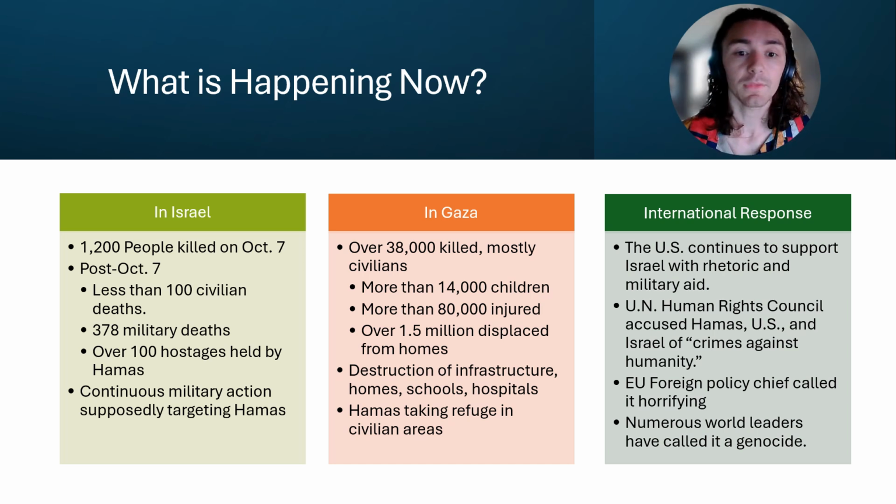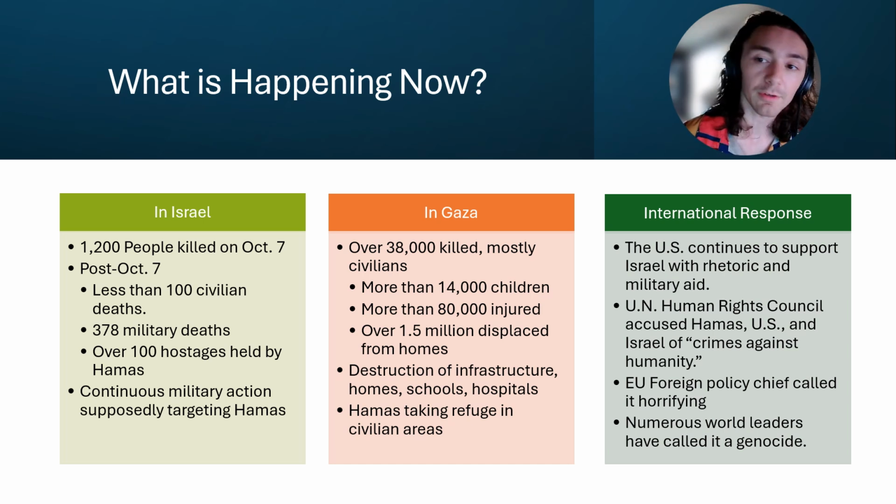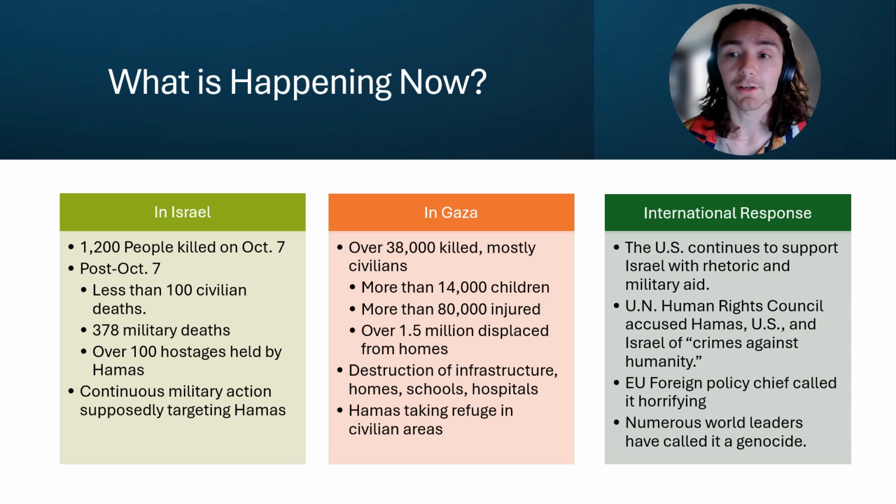In Gaza, there have been over 38,000 people killed, mostly civilians. More than 14,000 of those people are confirmed to be children. More than 80,000 people have been confirmed to be injured, and over 1.5 million people have been displaced from their homes as a result of the Israeli attacks on Gaza. Massive